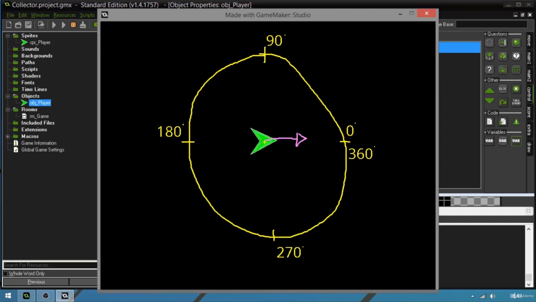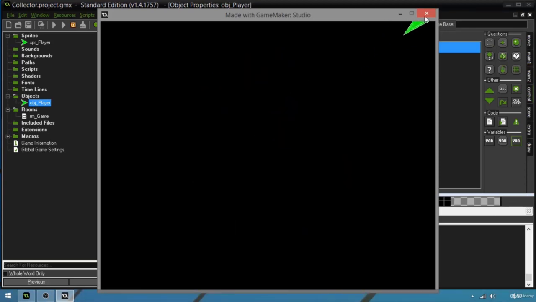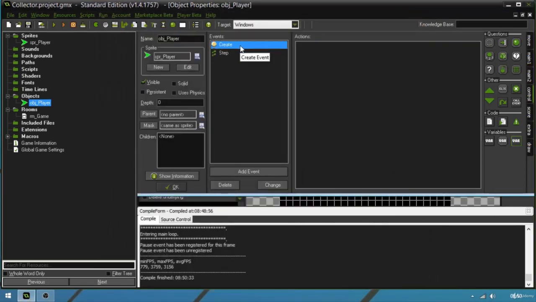So what we're going to do is get the position where the player is, and then get the position of the mouse. Okay, and we're going to make an arrow. We're going to get that direction. So we need to get the direction where the mouse was and where the mouse is now, and get an arrow that points to that little change here, to whatever happened here. Okay, and before we write that logic, let's go to the create event